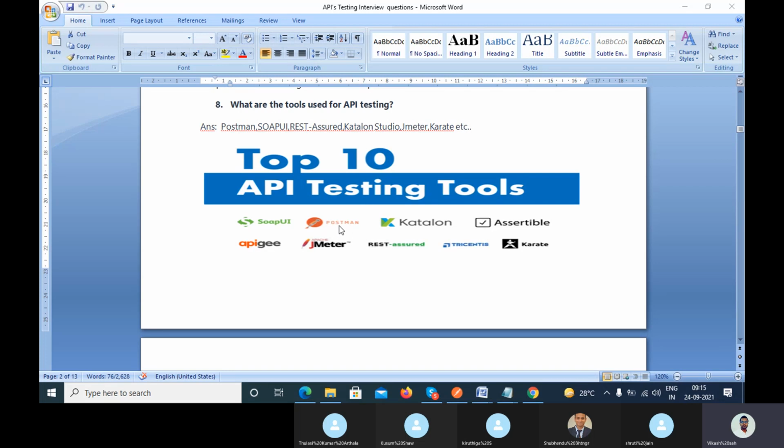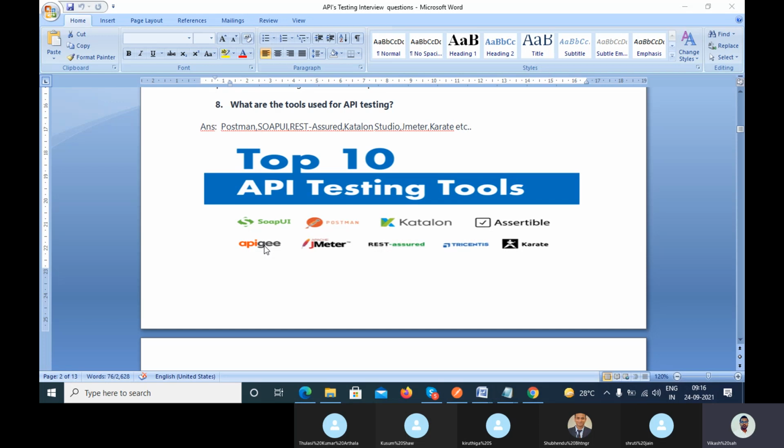The first one is Postman. If you are using Postman, you can do the automation testing using JavaScript. The second famous tool which is frequently used in the industry is REST Assured. If you are using REST Assured, then you have to use the Selenium concept, and you can use C#, Java, any of the projects, right? And the third very famous tool is SoapUI. If you are using SoapUI, then to do the automation testing, you have to use Groovy script.